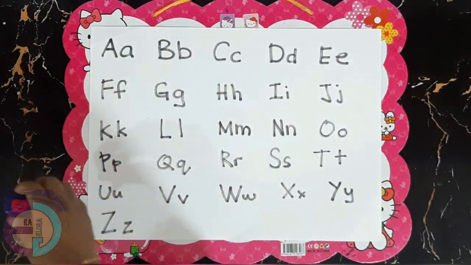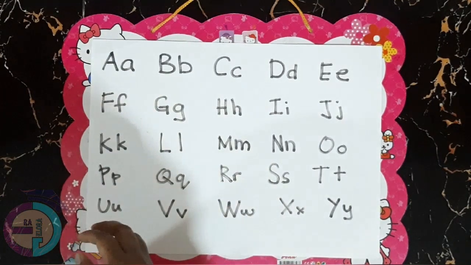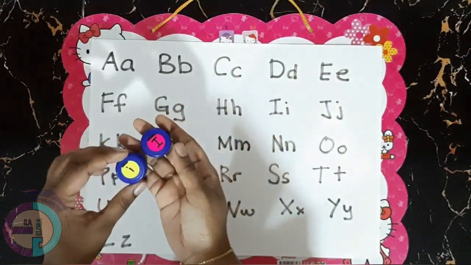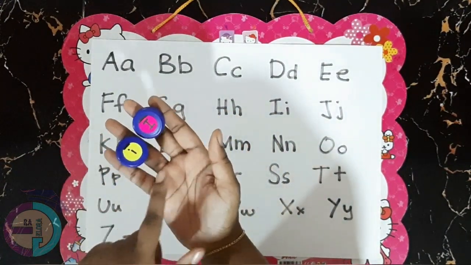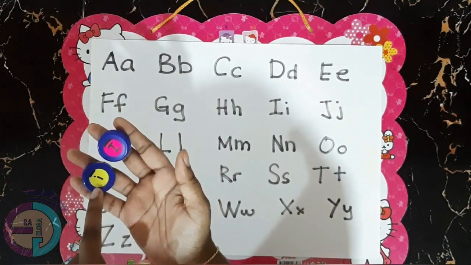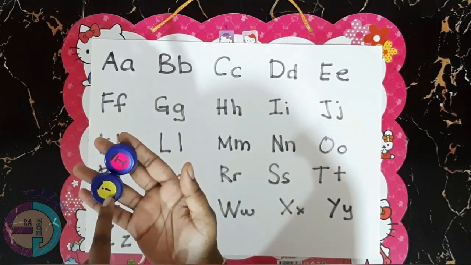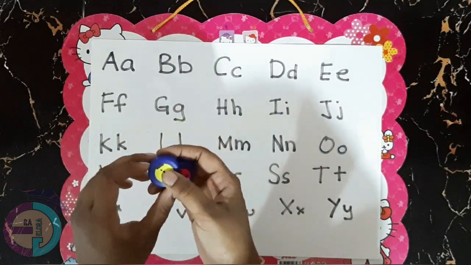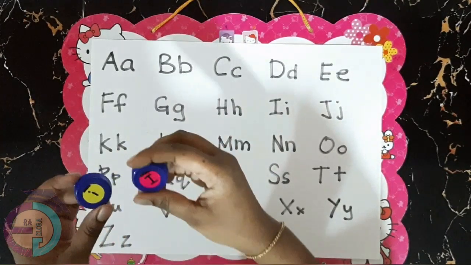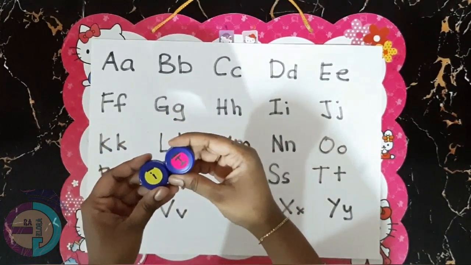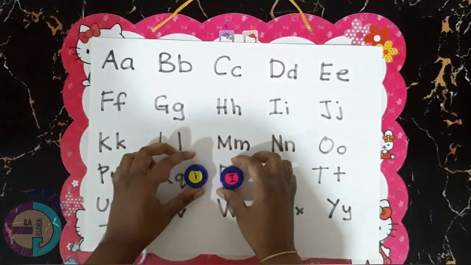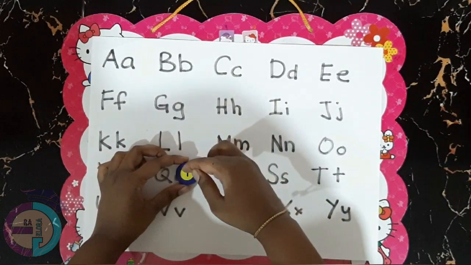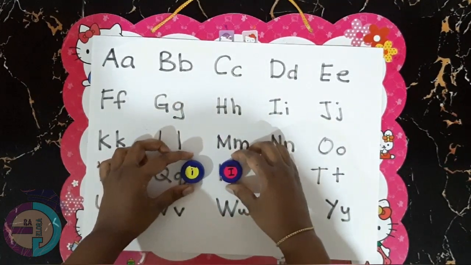For example, first I've collected these bottle caps, and I've placed a colored sticker on them. I have this yellow sticker for all the small letters and the pink sticker for all the big letters. And I've made a small mark on top so that I know how to place the bottle cap. It's easier for the child to place it, the line has to face upward, on top, so they won't get confused.